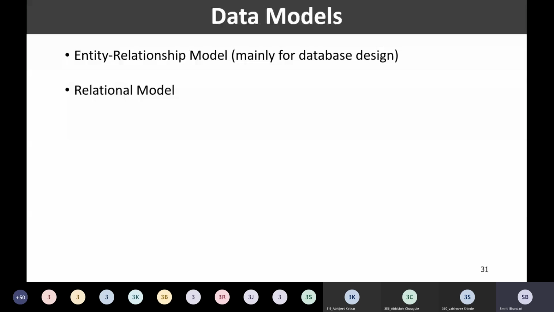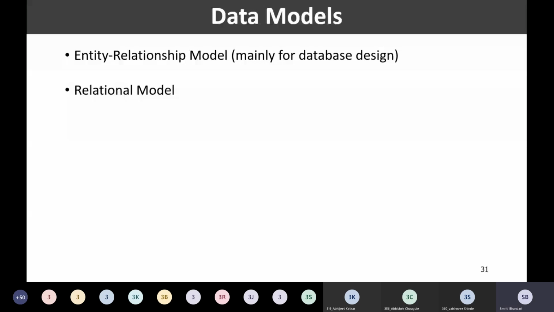Columns are the different elements of my instructor record: ID, name, salary, and department name. These four are the columns in my instructor table, and each row describes one instructor. This is how in the relational model we store the data in tabular form.